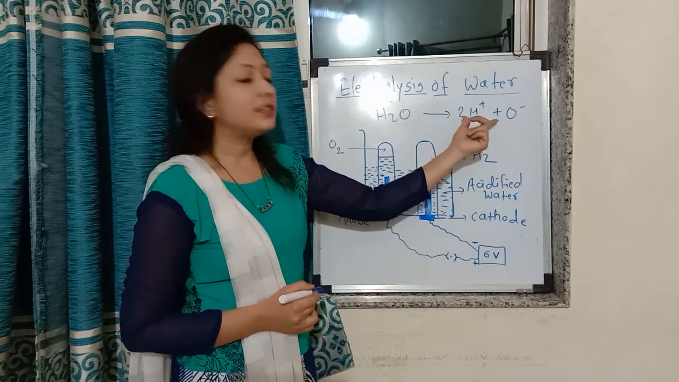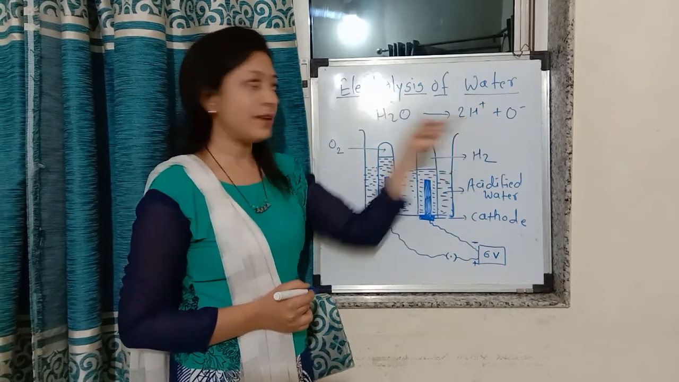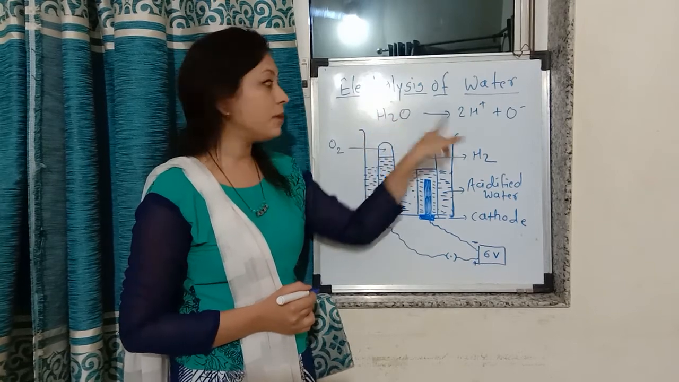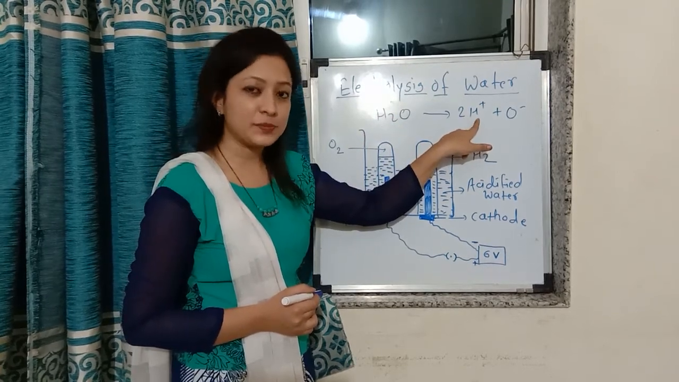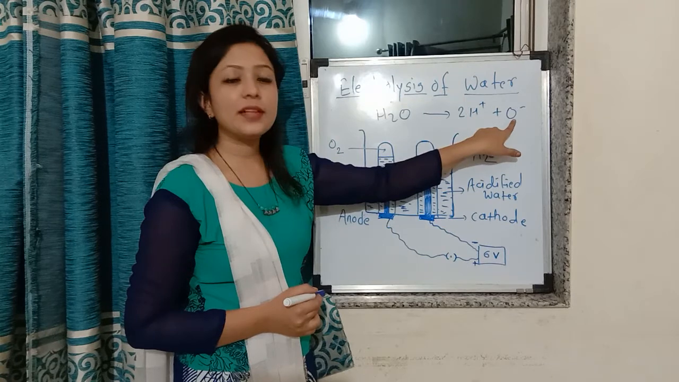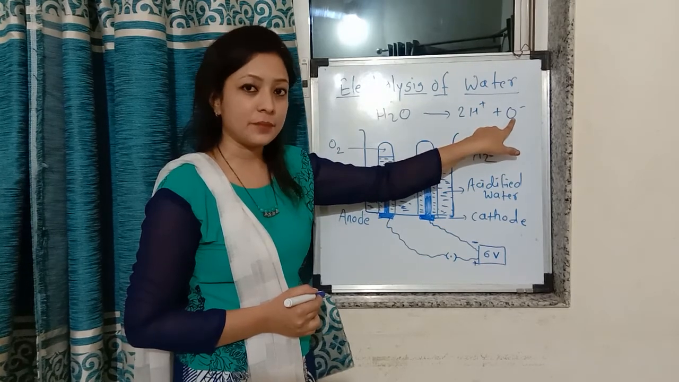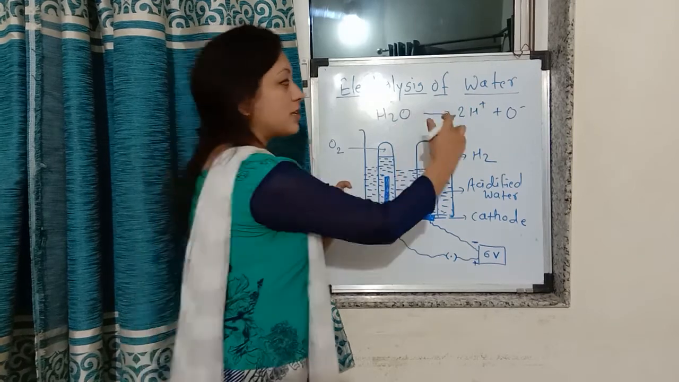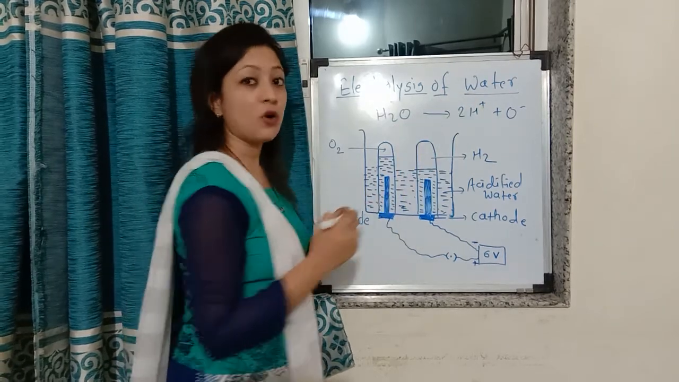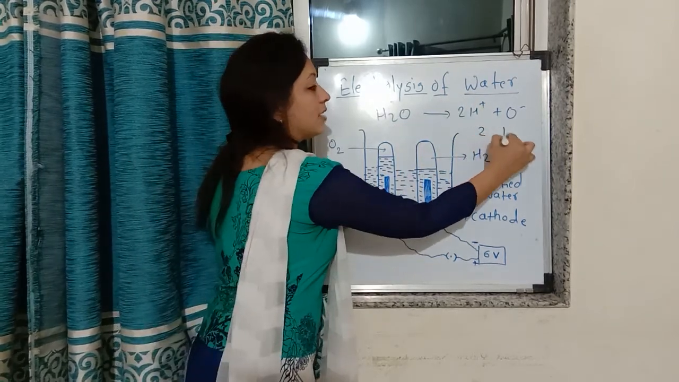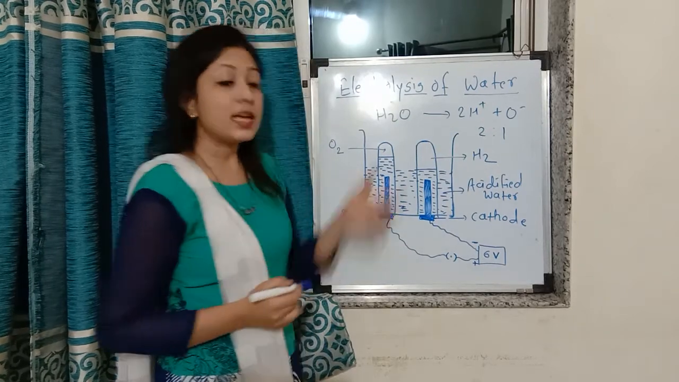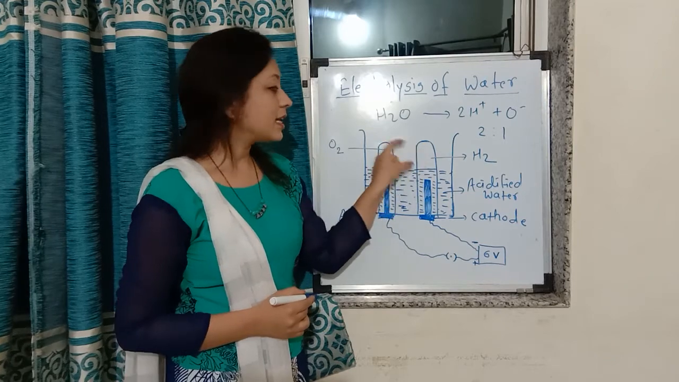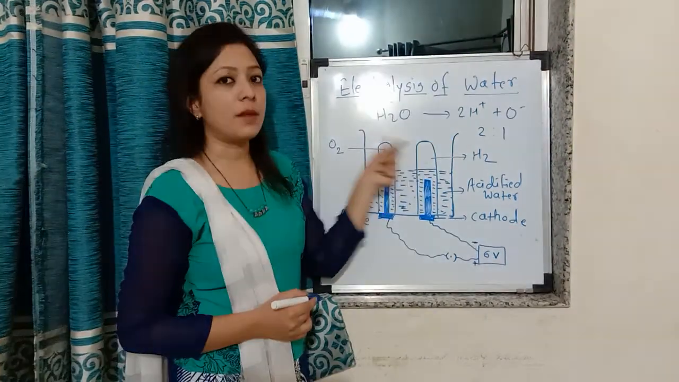Now look at the number of atoms formed when one water molecule breaks. From one water molecule, two hydrogen ionic species are formed along with one negative oxygen atom. Look at the ratio of these two elements evolved. The hydrogen and oxygen are evolved in a ratio of 2:1. That is, the hydrogen gas evolved in this type of reaction is double the amount of oxygen